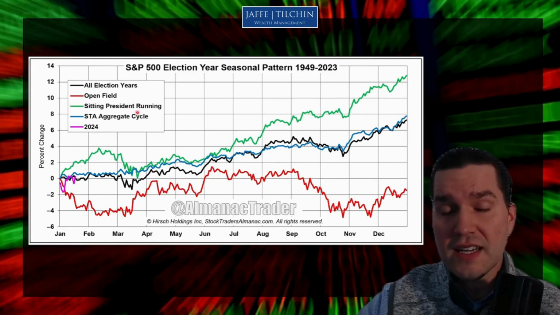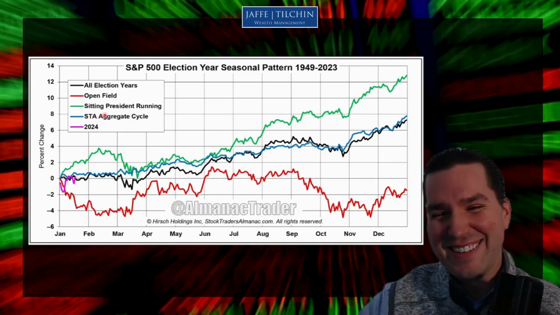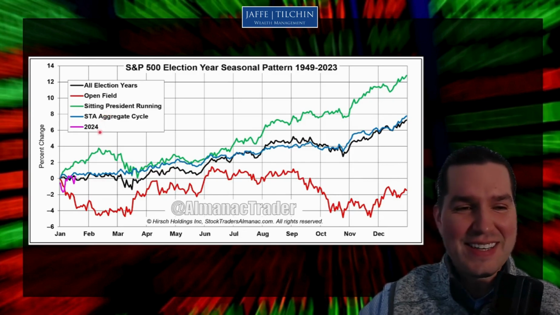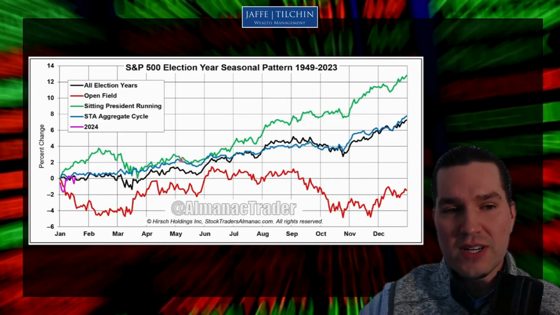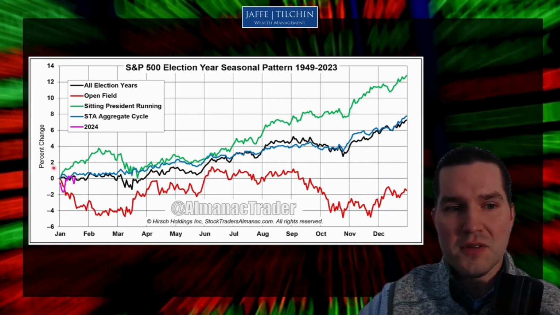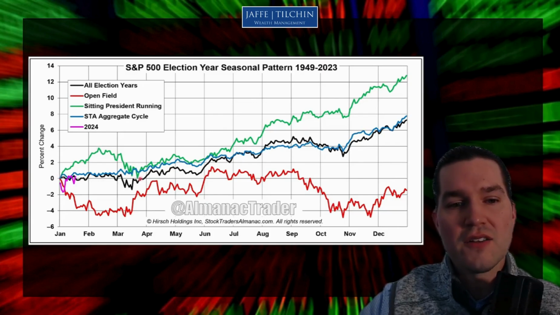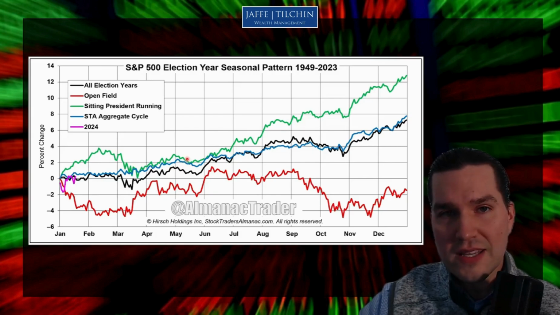And when there's a sitting incumbent, which is the year that we have this year, assuming Biden runs, I guess, you know, who knows with politics, but assuming he's the nominee and he's running, green line here, this is for a sitting president running. And what this shows me is basically it sort of exacerbates the entirety of the move. So the highs are higher, the lows are lower, there's a lot more volatility. So what I am anticipating going into the election, it's going to be a roller coaster.